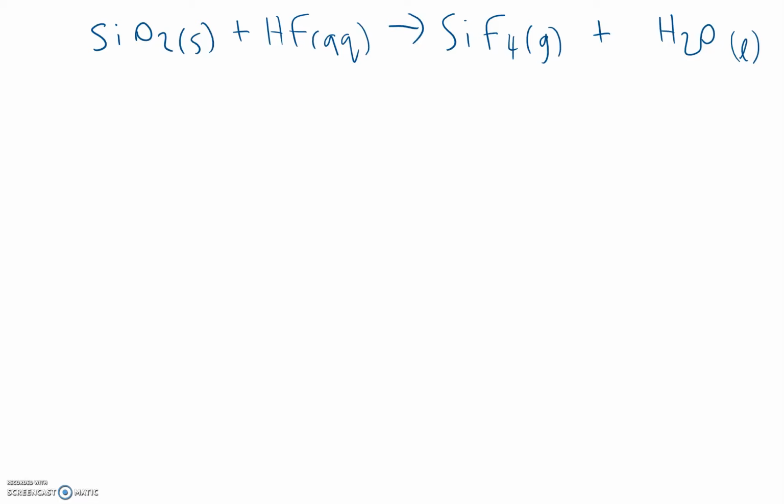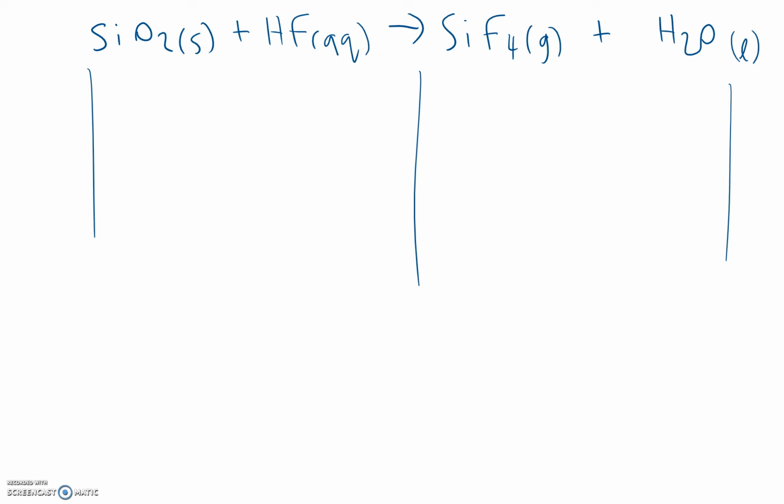In this reaction, silicon dioxide or glass reacts with hydrofluoric acid to produce silicon tetrafluoride and liquid water. So to balance this equation, the first thing I do is set up some columns below my equation, and I